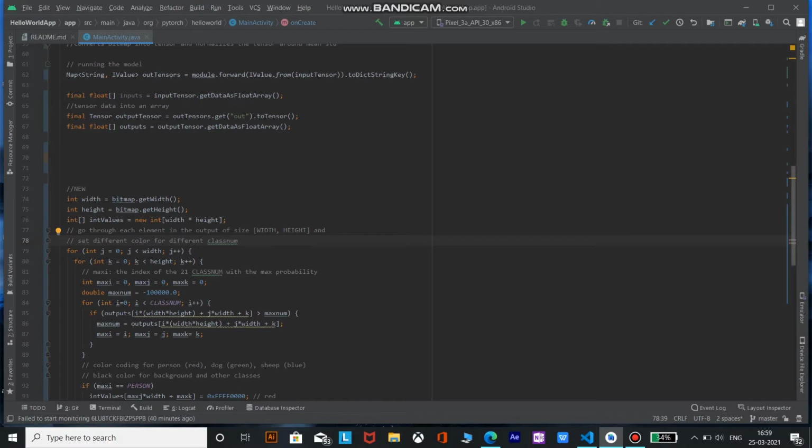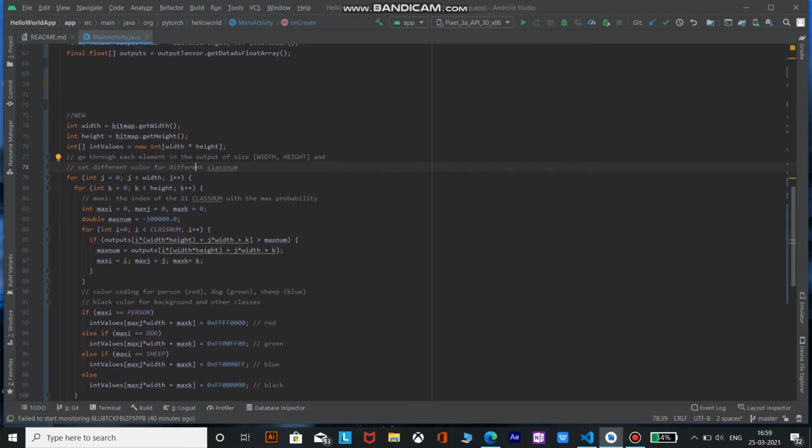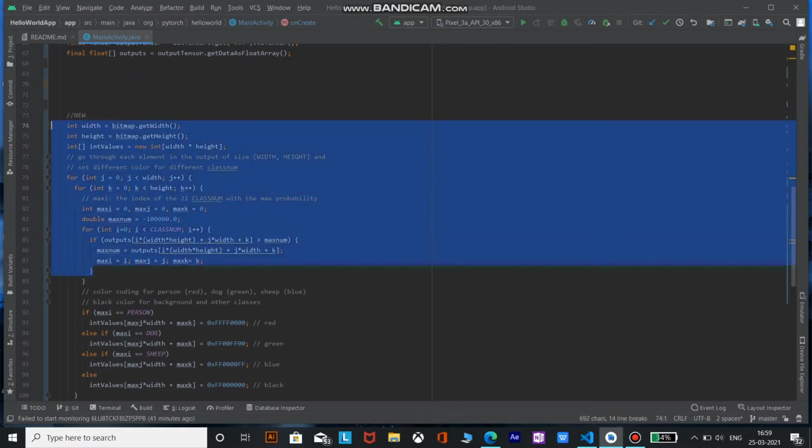With that we can find the corresponding class to which the pixel belongs. So this whole code does that only. It goes through each and every pixel, marks the highest probability, and marks the class to which the pixel belongs.